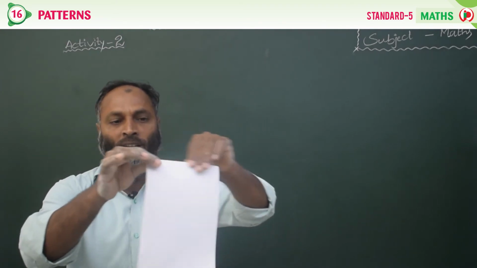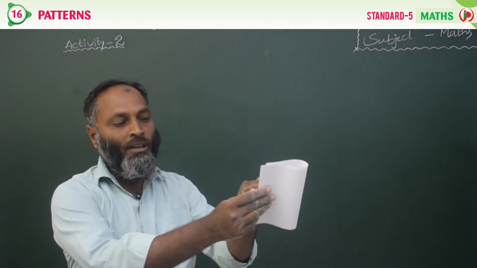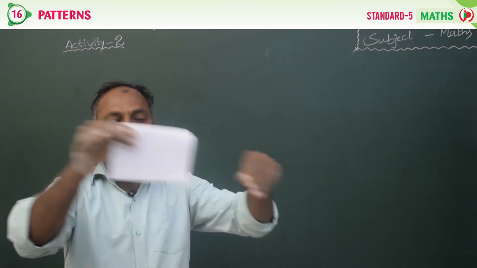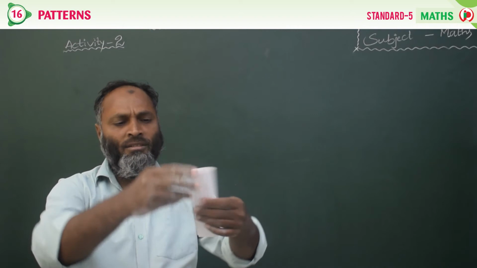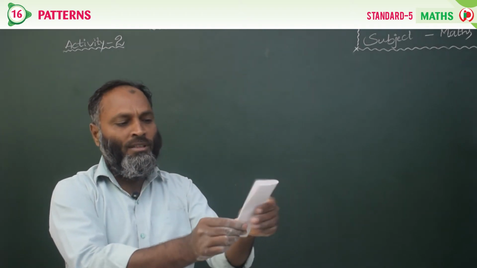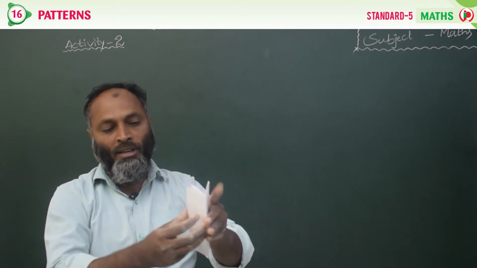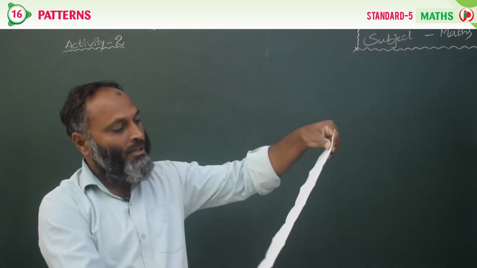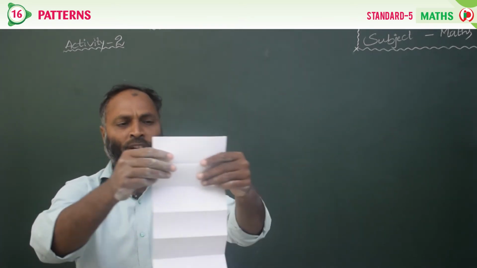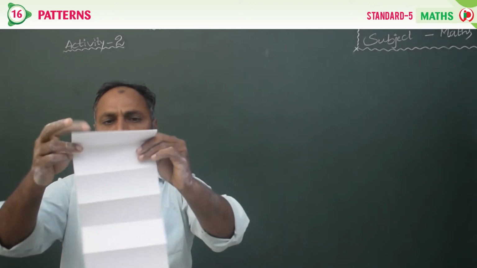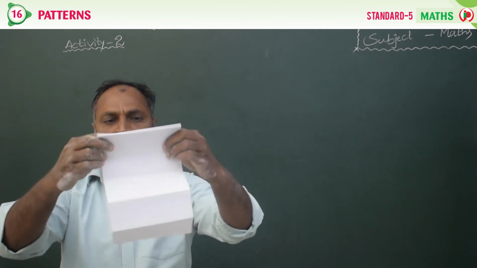Then after that again you fold it into two equal halves. Like this, again you fold it again into two equal halves. Like this. Then after that you open your sheet of paper, then after that you fold it in zigzag way. So like this, front side, back side, front side, back side,